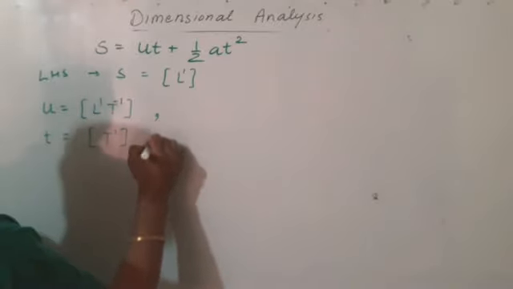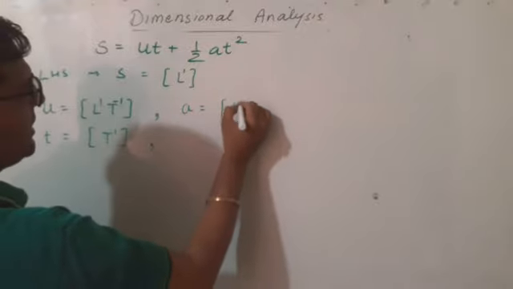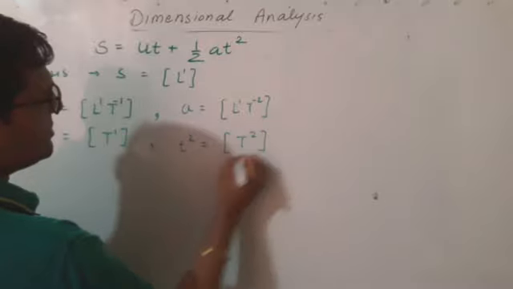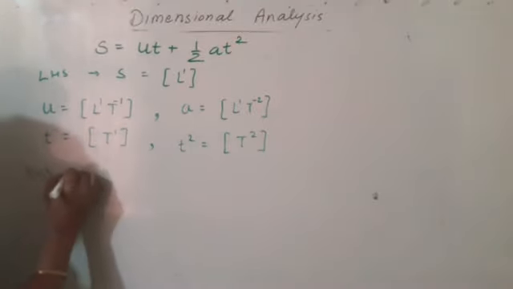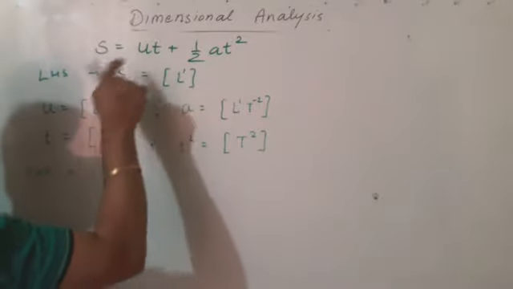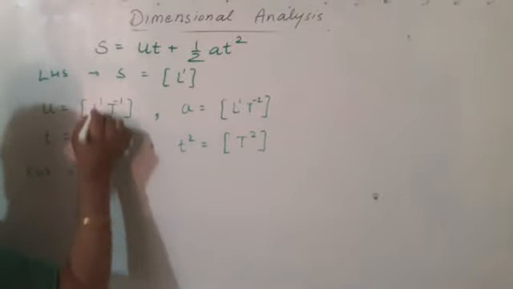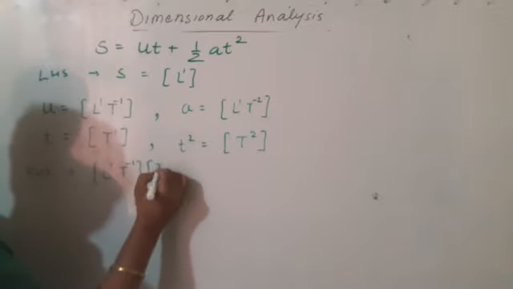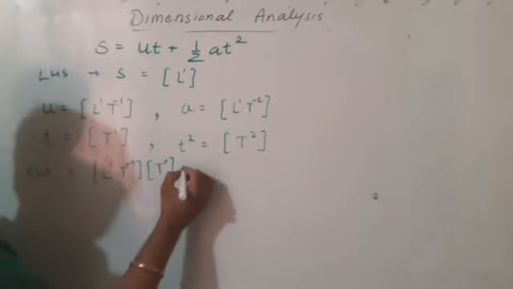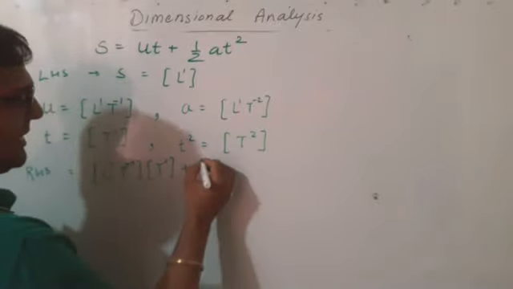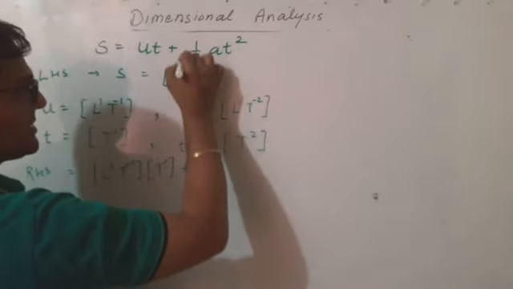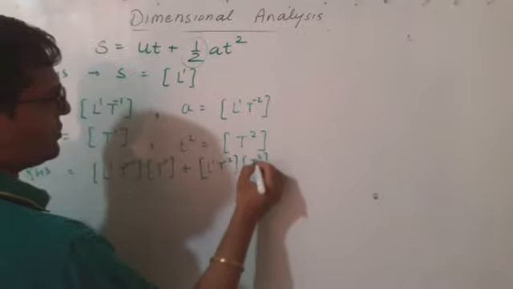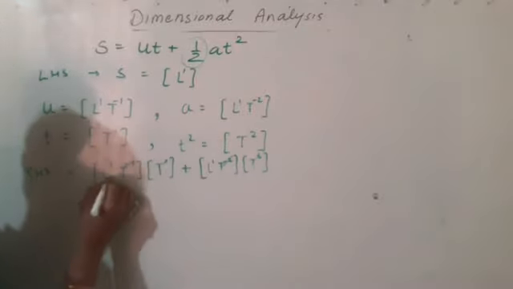Then acceleration is L^1 T^-2, then t square, that is T^2. For the right hand side, I have u into t, speed into time, that is L^1 T^-1 into T^1, so I can cancel this. Plus half is dimensionless, so acceleration is L^1 T^-2 into T^2, and I can cancel this. Overall I'll get L^1